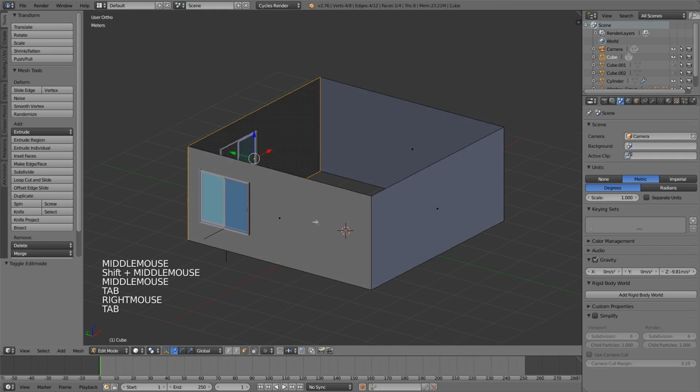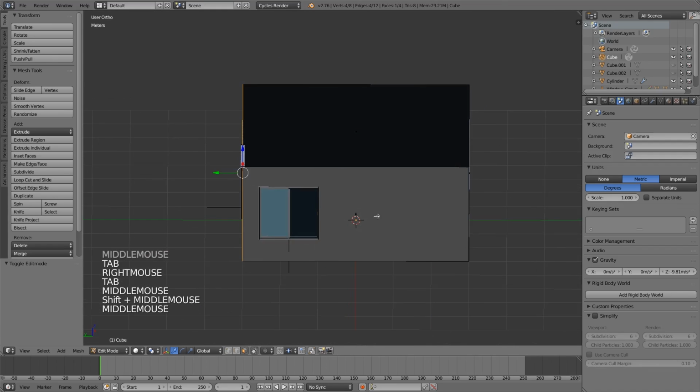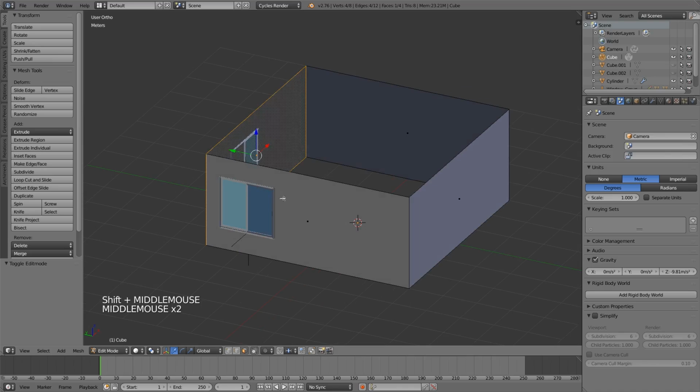Perfect. Okay, so in edit mode, we're going to create some edge loops and line it up with our window. Now a little trick here, which you may or may not know, is to use the snapping tool. By default it's set to increment. We've used it a few times already to move things up to the grid floor, for example. But if you change it to vertex or edge, I'm going to use vertex, it allows you to snap to a vertex even if it's in a different object, which is really, really useful,